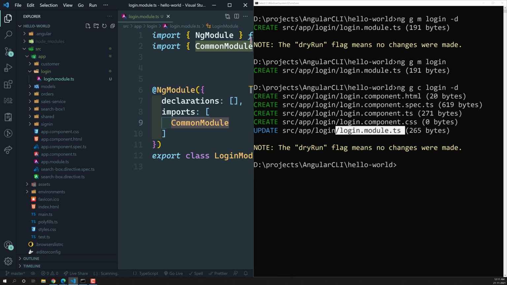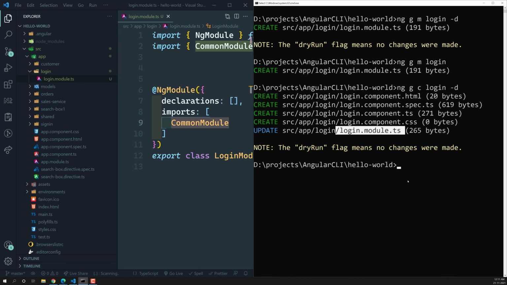If the immediate module file is present, it will add the component in that module itself. Here, the immediate module file for the login folder is login.module.ts, so that's why it is updated there.